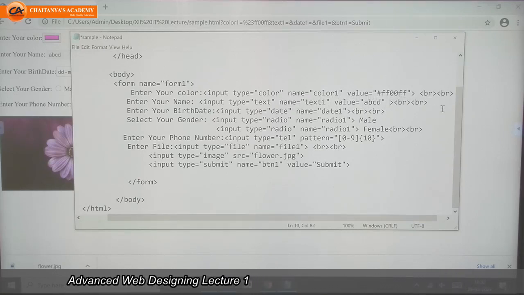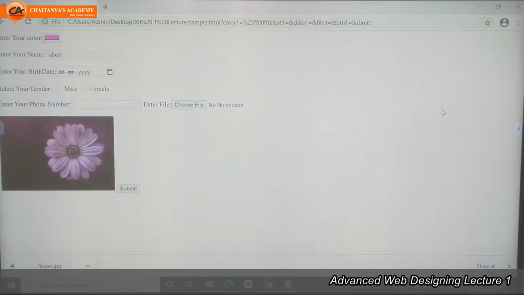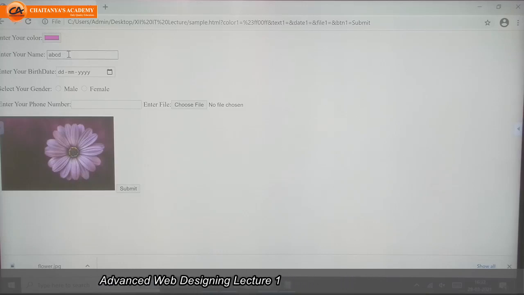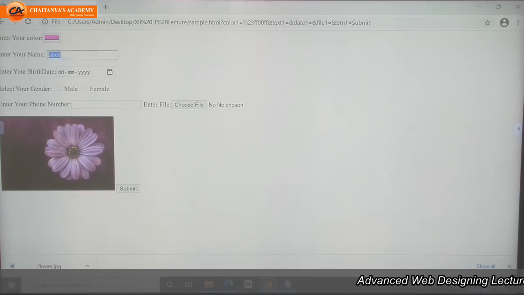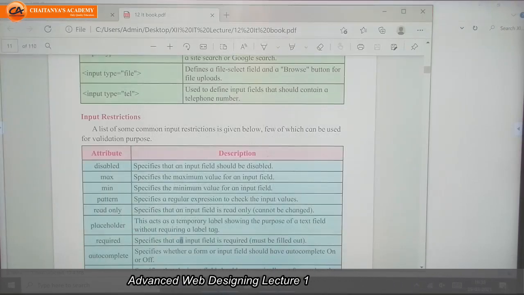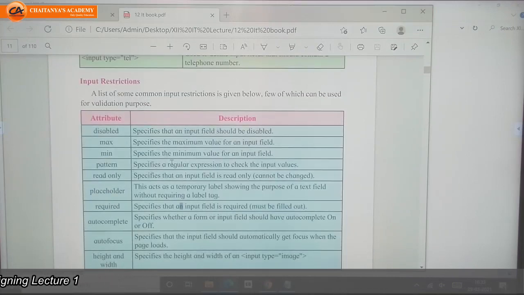Then instead of disabled, I can write readonly. Read only text box. So here it is a normal text box, but the user can't change the value. So this attribute and disabled, they both do not allow the user to enter a value.